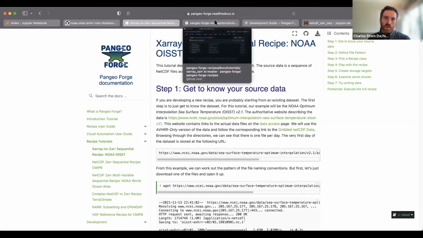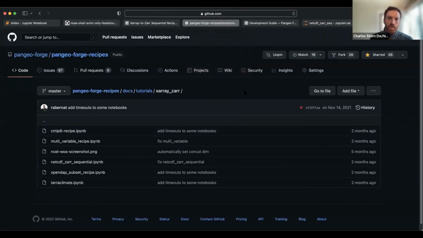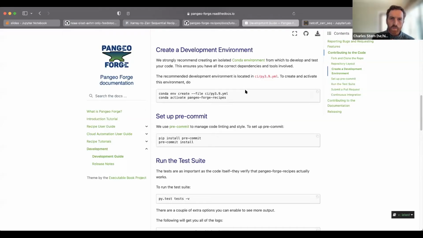If you were to use this in your own local environment, it's beyond the scope of this short 15-minute tutorial to talk through all the steps of setting up a Conda environment. But we do recommend setting up a local development environment as described in the development guide section of the PangeoForge documentation, and activating that Conda environment